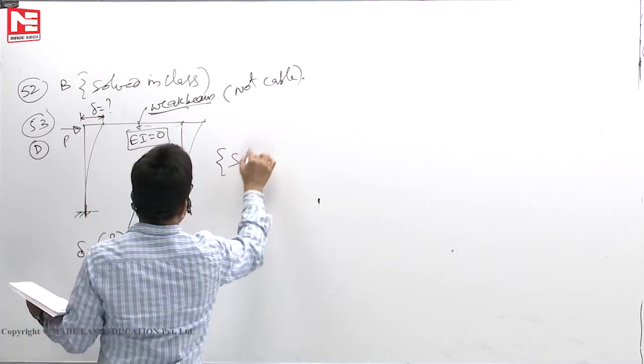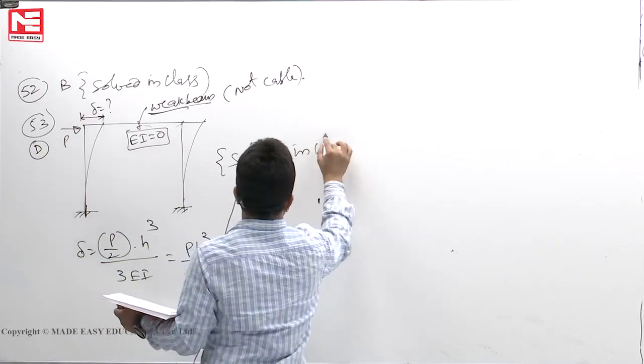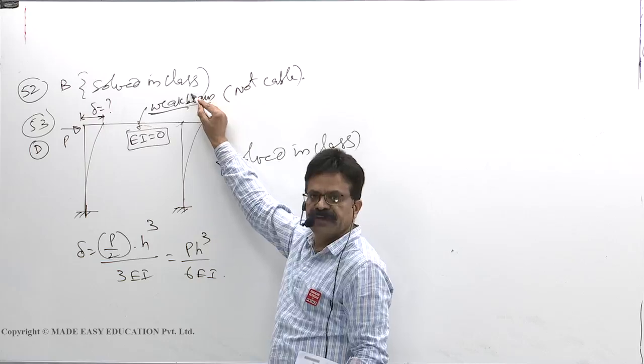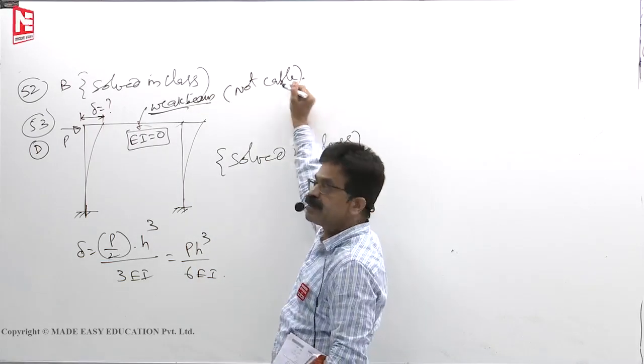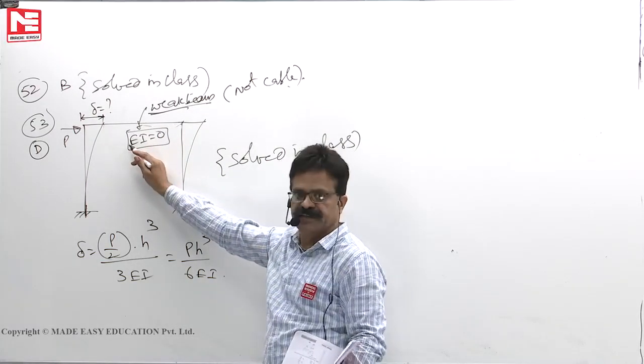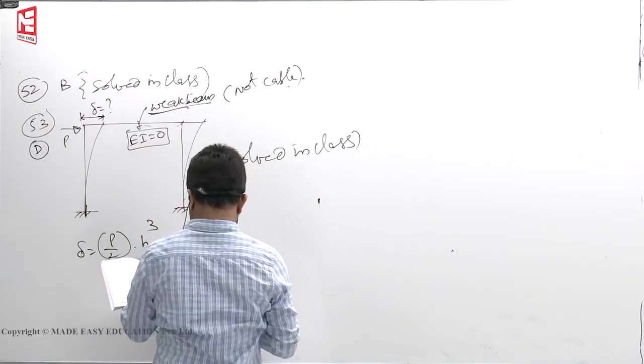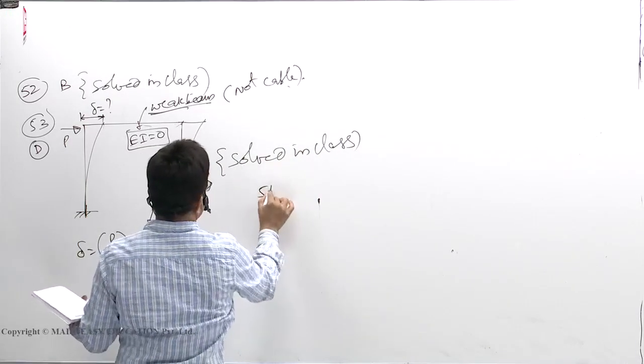This we solved in the class. When it is a weak beam, we have done. When it is a cable, we have done. When it is a heavy beam, we have done. So he says it is a weak beam. EI0 means weak beam. Then 54,